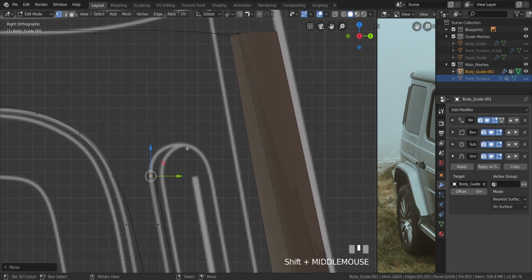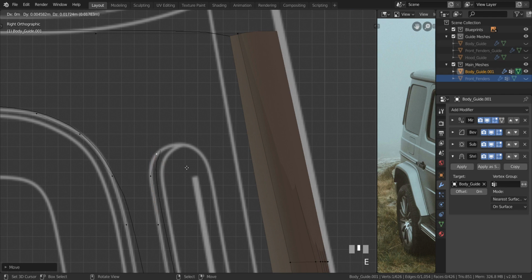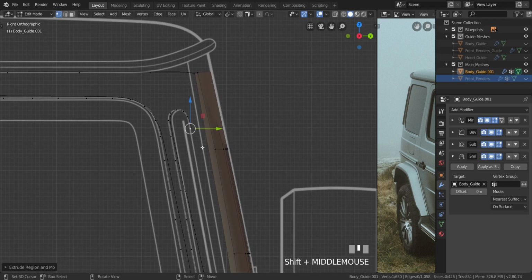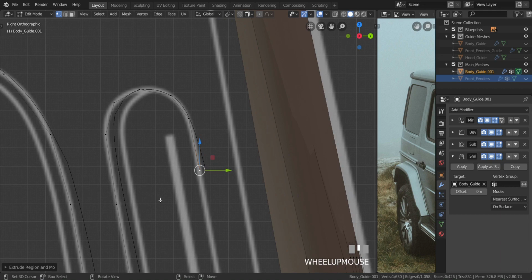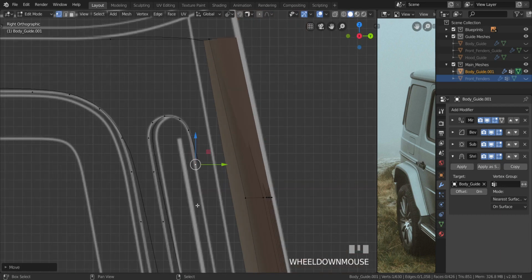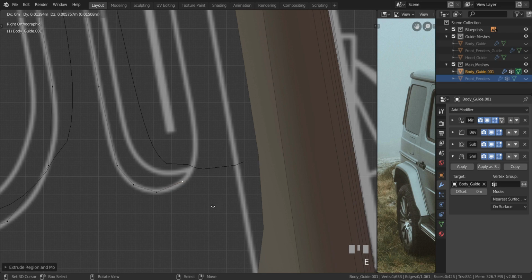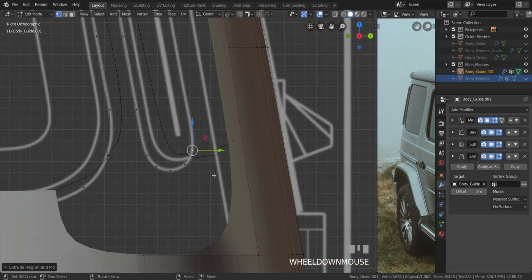And I'm going to extrude this manually around this. So press E, let's extrude it there, extrude it there, extrude it there, extrude it there as well. Down here, let's make sure it's about the same level as this one by eyeballing it. Let's do the same down here. So press E around here, E, extrude it, just keep extruding